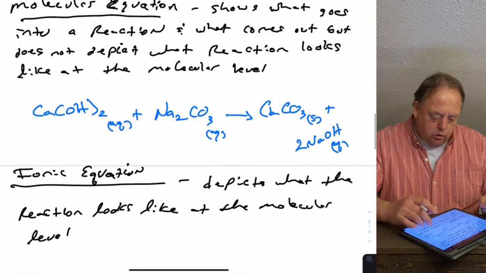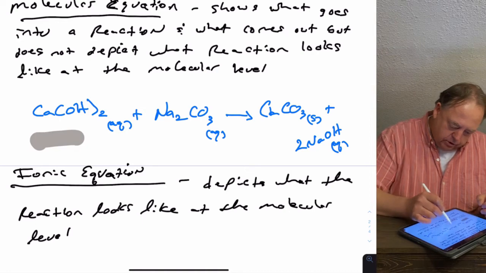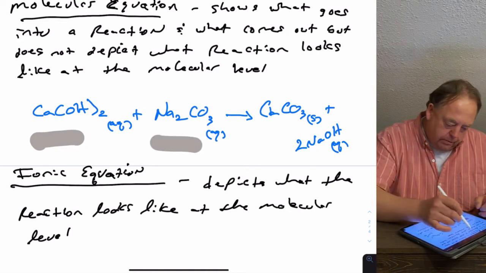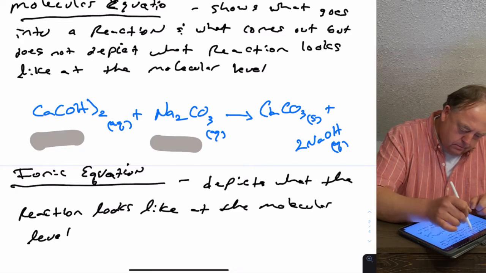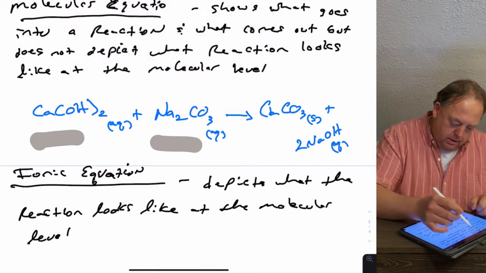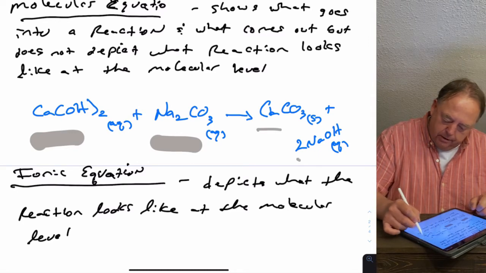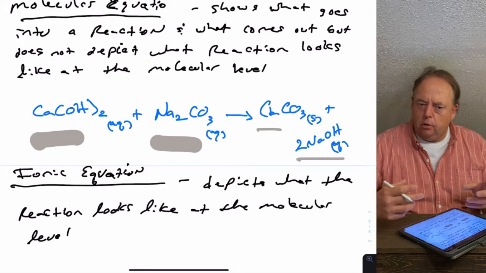So that would be a molecular equation. It just tells you what went in: calcium hydroxide and sodium carbonate went in. And then it tells you what came out of the reaction, right? Calcium carbonate and sodium hydroxide came out,